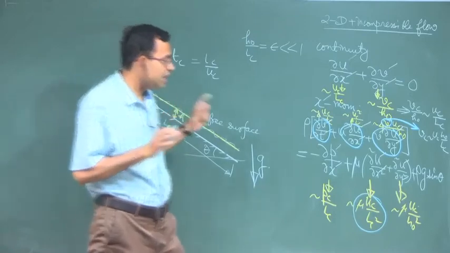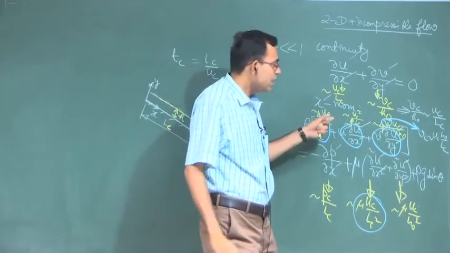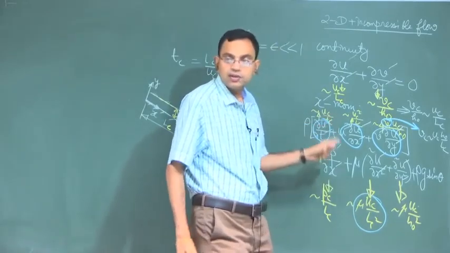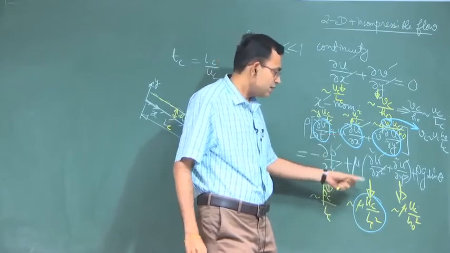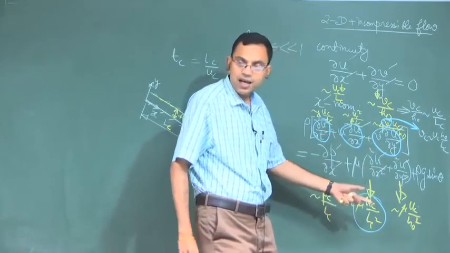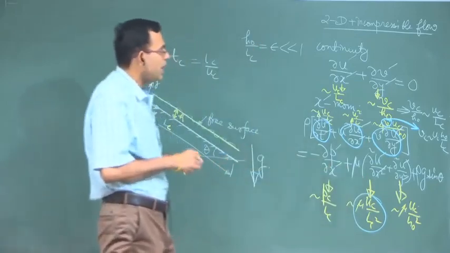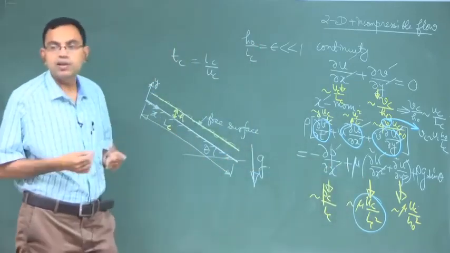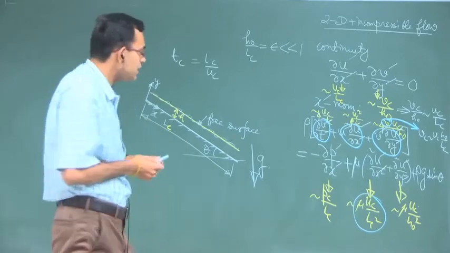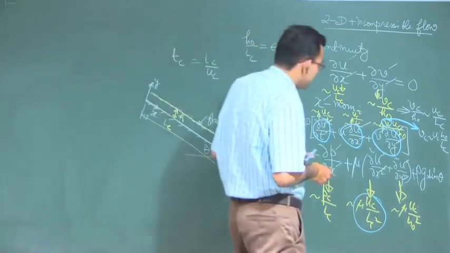So far you can see a striking similarity with the boundary layer theory, that like delta much less than L, you have H naught much less than L. Now we will arrive at a striking dissimilarity with the boundary layer theory. What is that? Now you compare